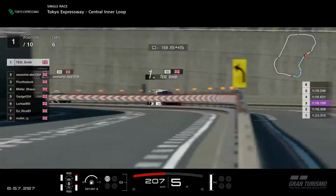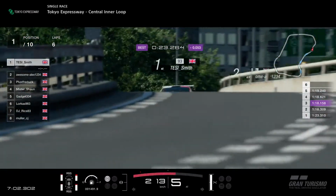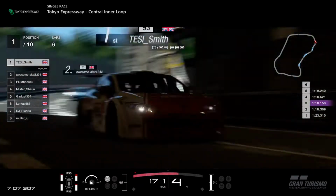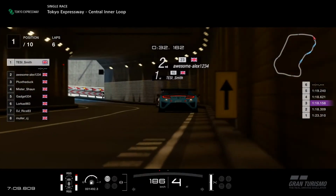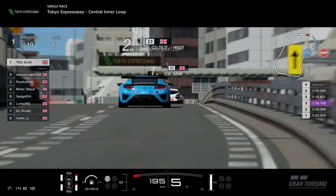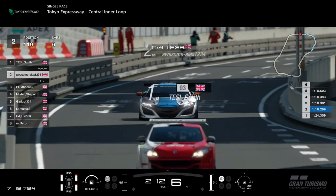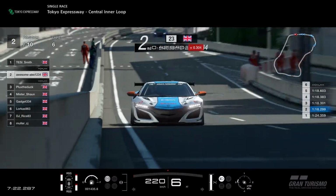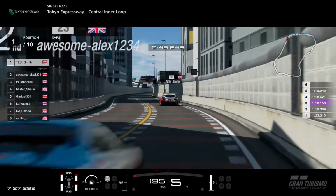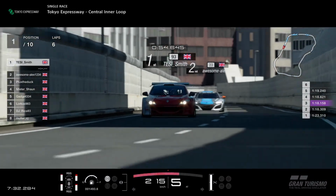So we're catching up to Smith. And Alex is gaining on Smithy. It's been 5.5 laps, and look at Smithy's tire, front right. It is starting to go. And as we see, Alex's tires are way better in comparison. I do know Smithy is still on the pad, but that trophy should be very nice on its tires, so...